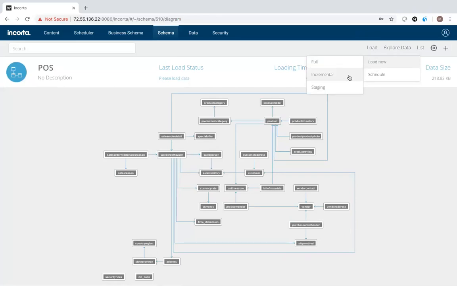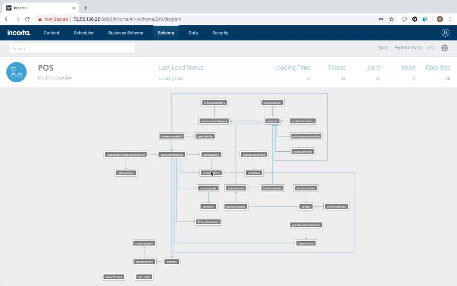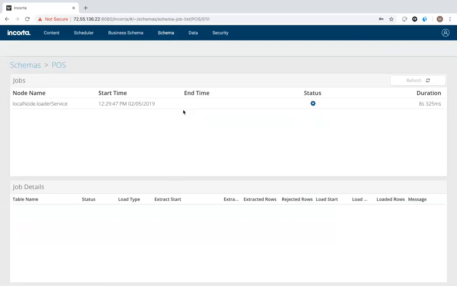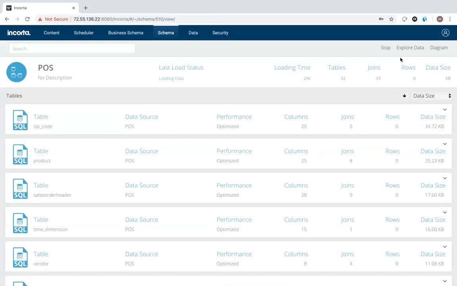Notice that I can do incremental as well. I can do incremental as frequently as every 5 minutes. This would be the same process, by the way, if you're putting a flat file in place. You'd select the file, you tell it to pull it into the Incorta engine. So I'm doing the load right now. And that's what's happening right here. It's gone out, it's pulling all that data into the platform. And it's doing what we call a direct data map. So you also hear Incorta talk about it as a direct data mapping engine. This allows us to understand all potential relationships in the data set. I know how everything relates to everything else at the cell level even.